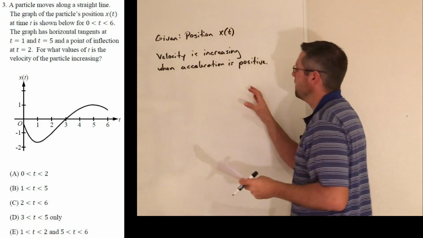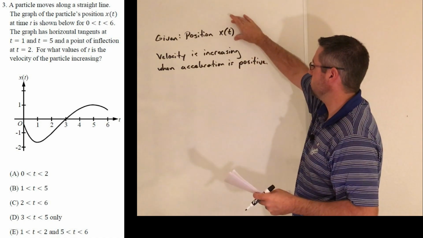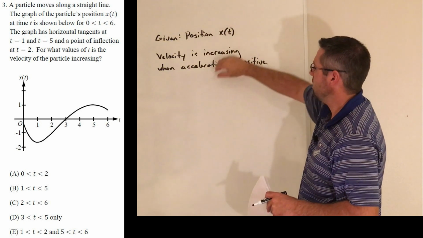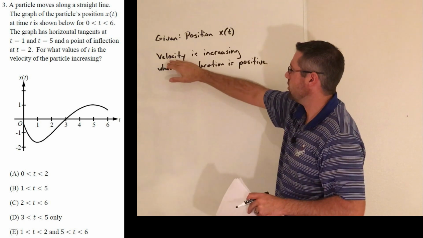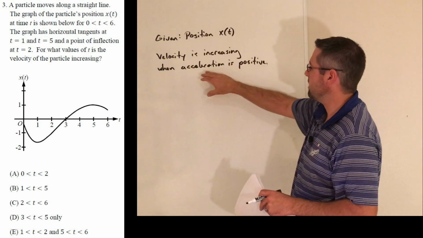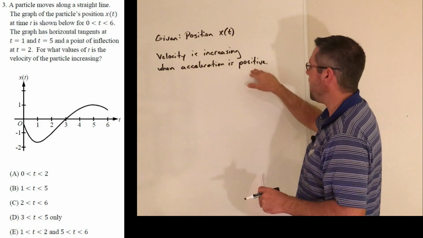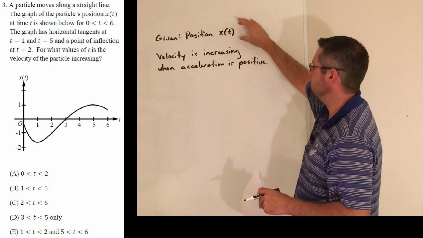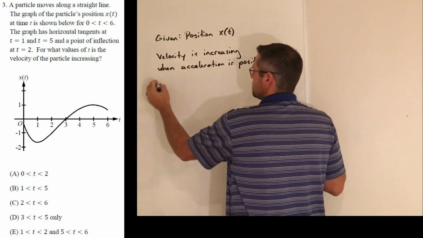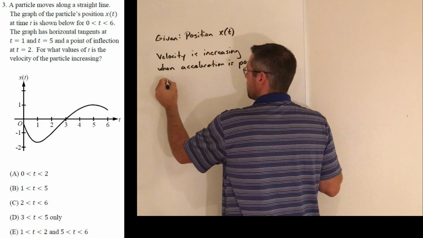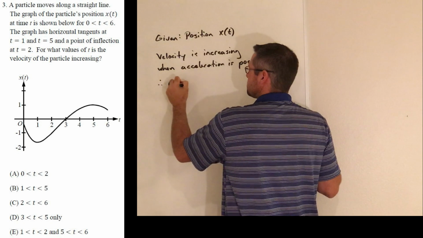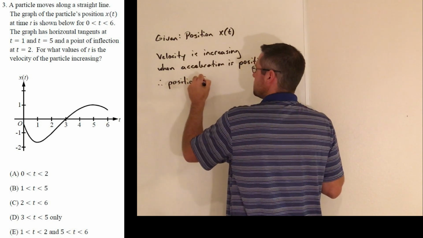Well, that's all fine, but we are looking at the position graph. So if we interpret this as being our function, and velocity being our f prime, or our derivative of our function, and acceleration being the second derivative, we can see that acceleration is positive when the position function is concave up. So we would say this: therefore, when x of t, or therefore when the position function